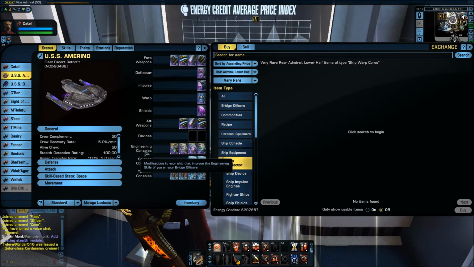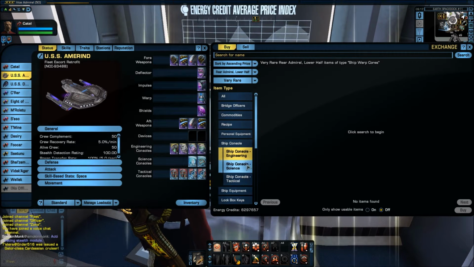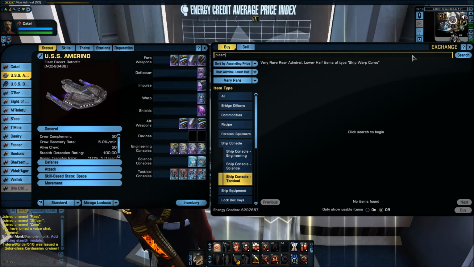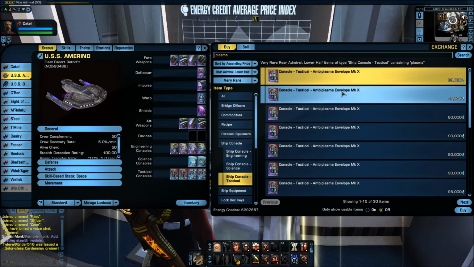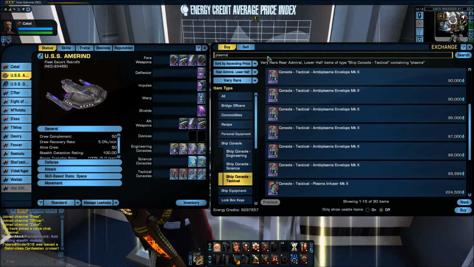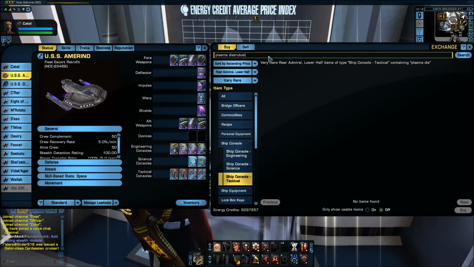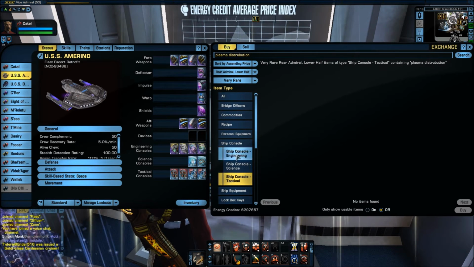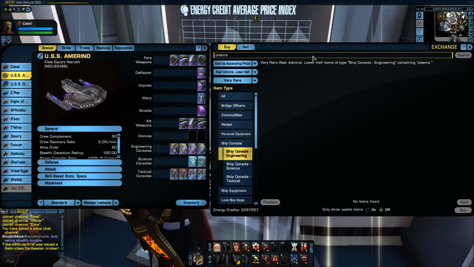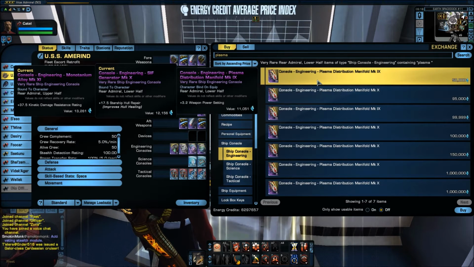Now, for engineering consoles, you can add a console called a plasma distribution manifold. Okay, that's not what I was looking for. Just a moment here. Okay, here. Yeah, of course, I look in the wrong tab. Sorry about that. Now, the plasma distribution manifold increases your weapon power setting,